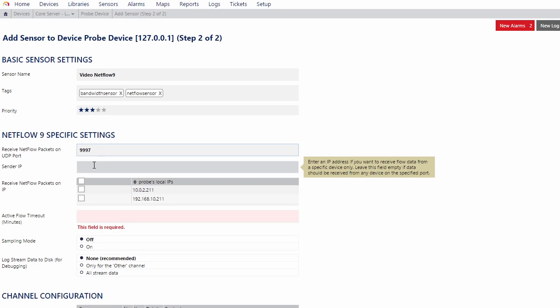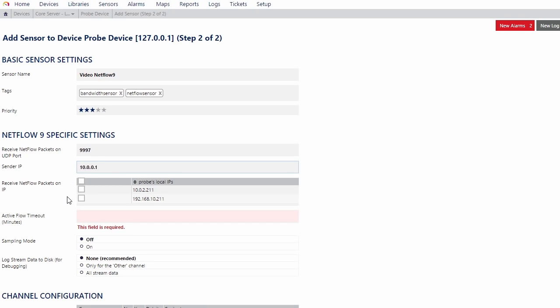The sender IP, we recommend in the first step to leave blank, then PRTG will just accept NetFlows from any device. Later on, if you want to have flows only from one specific device, you can put an address in there. I'll put one in for now. I then need to say which of the PRTG server IPs should receive the packets,